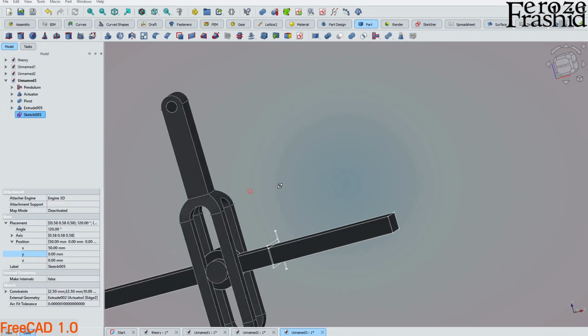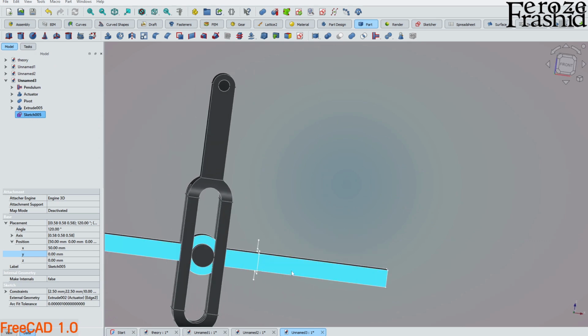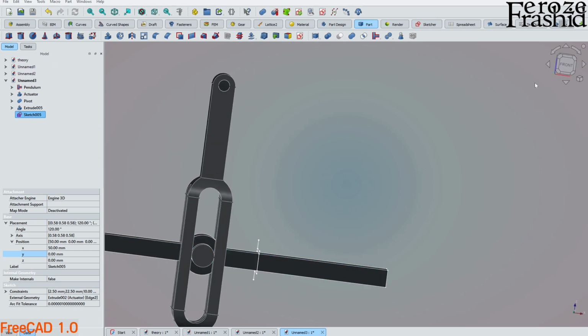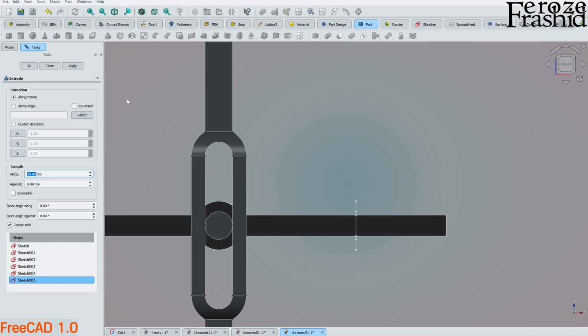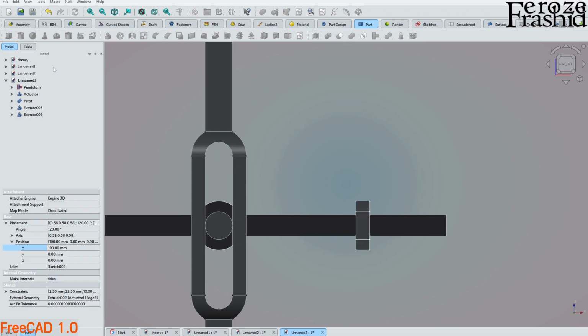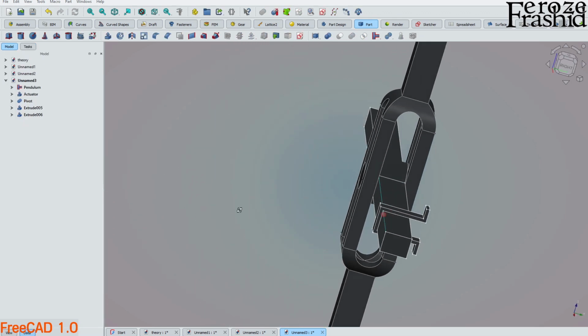All right, I have it here. I'll probably have to move it somewhere here. So remember that offset that I did, 50 millimeter. Maybe I want to make that 100. There. And now I can extrude that for say 10 millimeter, doesn't matter that much. So that is my support,